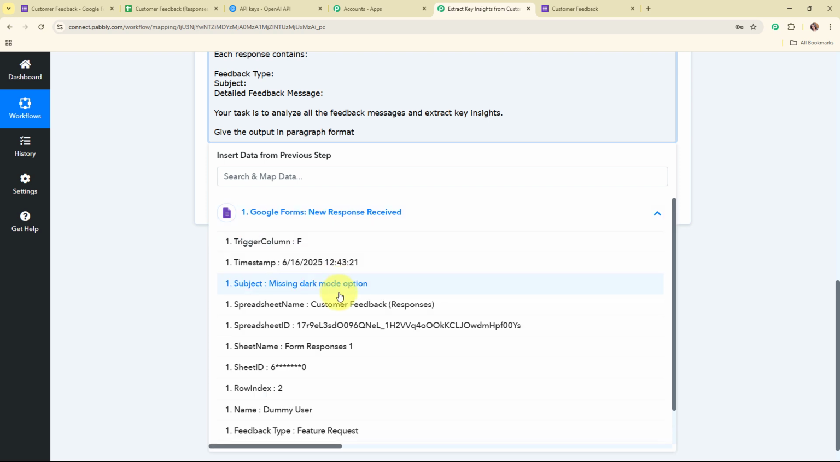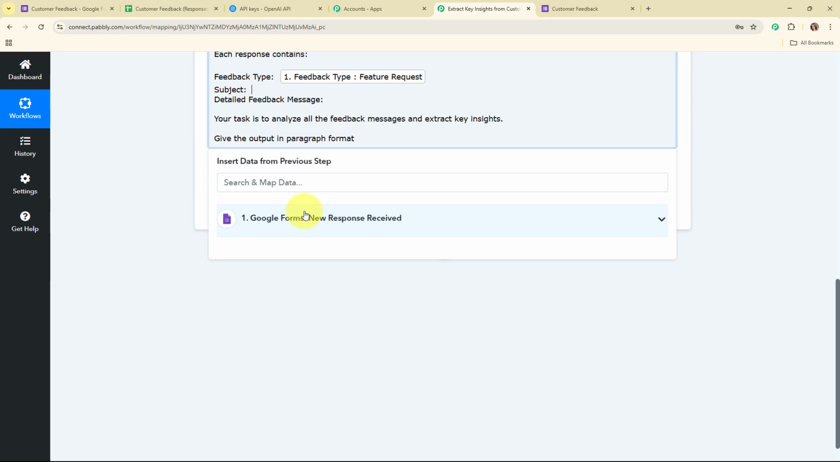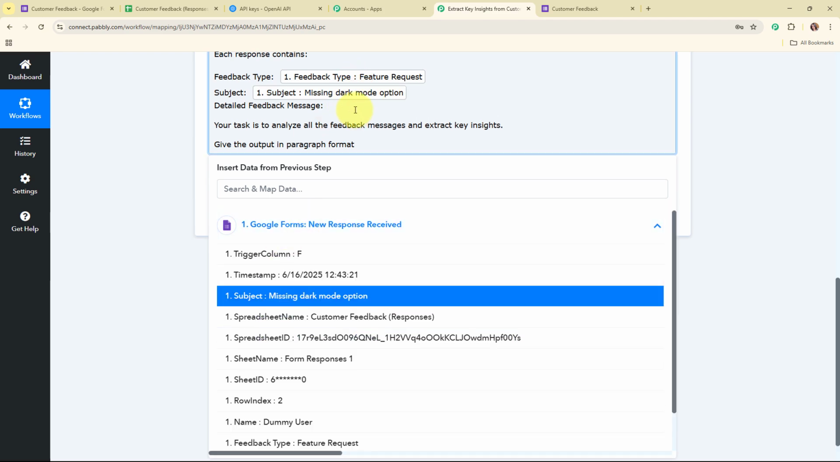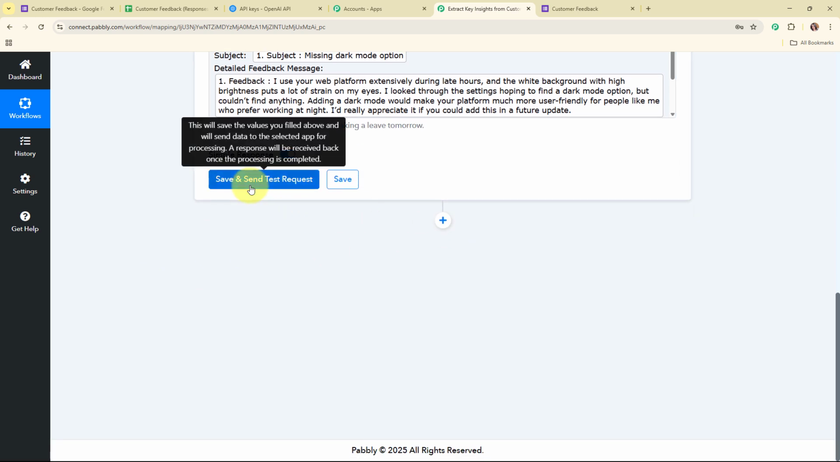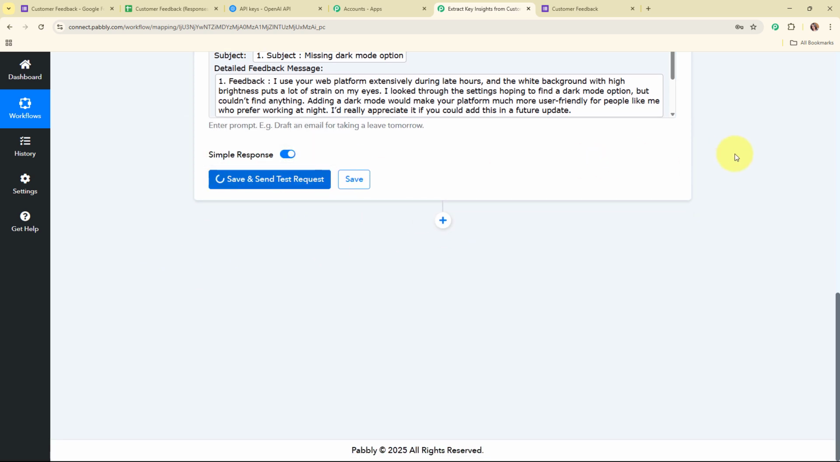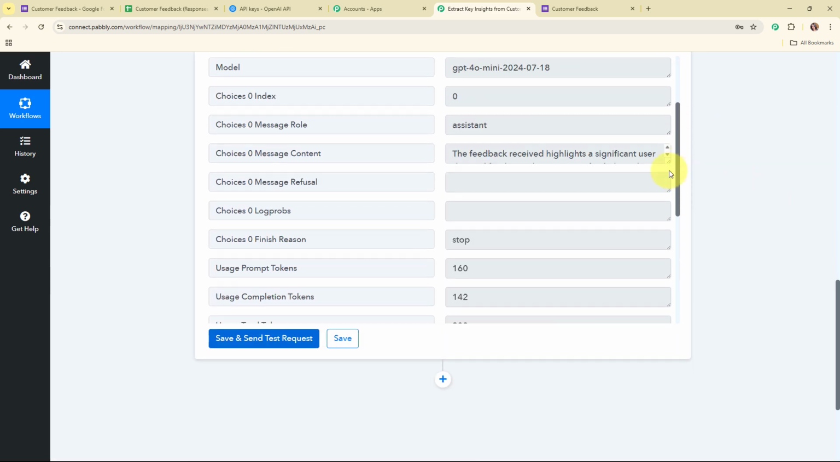So here for the feedback type, I'm going to map the feedback type received. Here for the subject, I'm going to map the feedback subject, and here lastly I'm going to map the feedback message. And now after entering all the required details, I'm going to click on the save and send test request given over here. And here you can see we have received a successful response where we have received a message